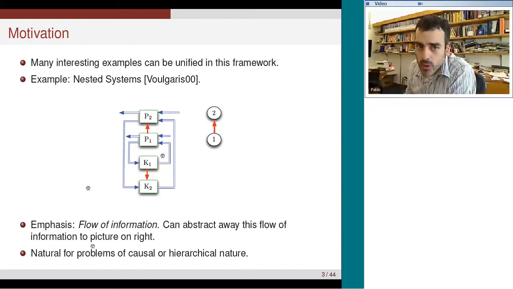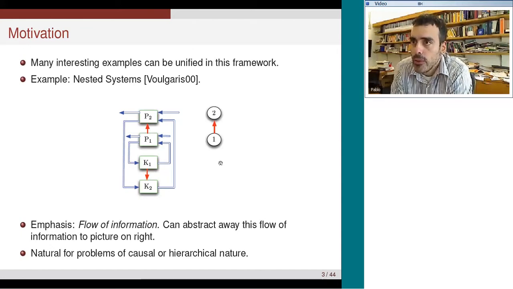And this kind of structure is fairly natural for problems with a causal or hierarchical structure. I mean, one of the things that we're interested in, for instance, is in problems like supply chains, right? In supply chains, you have exactly this kind of unidirectional or causal interaction. Sorry,